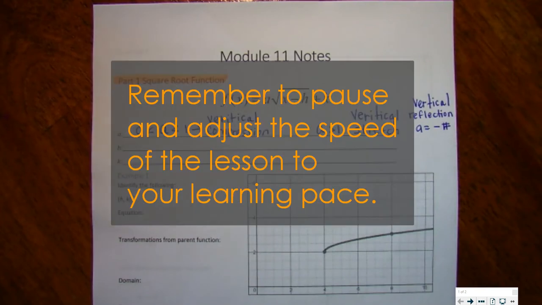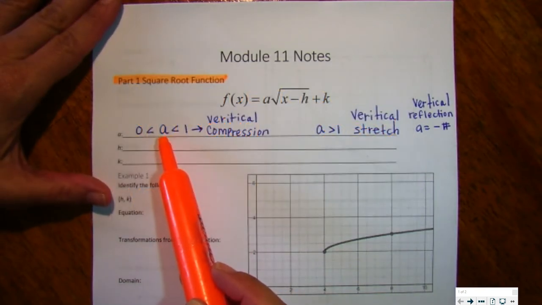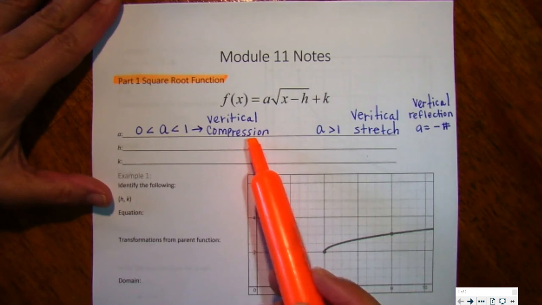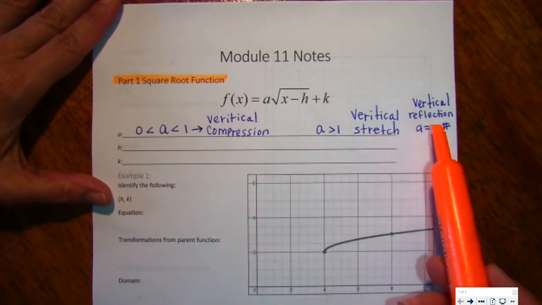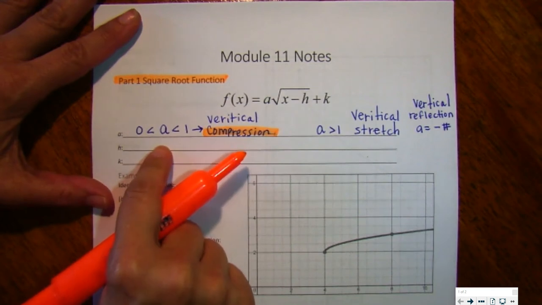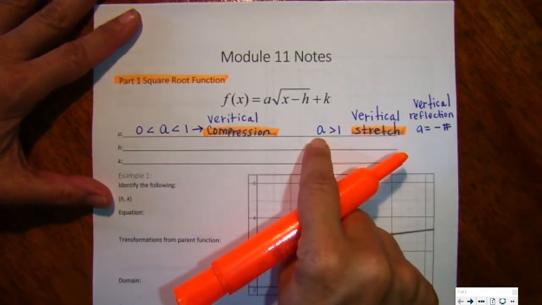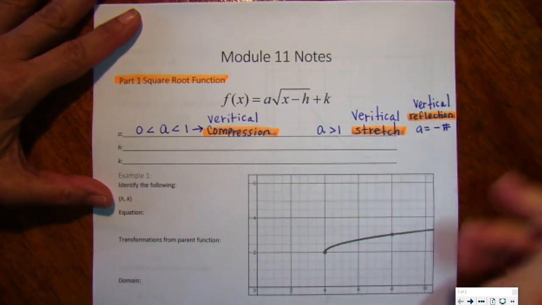Part 1, square root functions. Let's first remember what the A stands for. The A stands for a vertical compression or a vertical stretch or a vertical reflection. Remember, it's a compression if it's a fraction. It is a stretch if the A value is greater than 1, and it is a reflection if the A